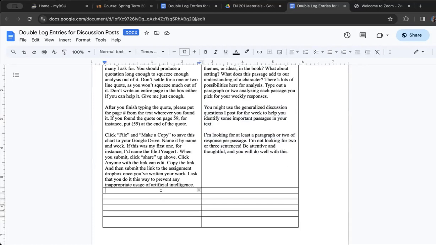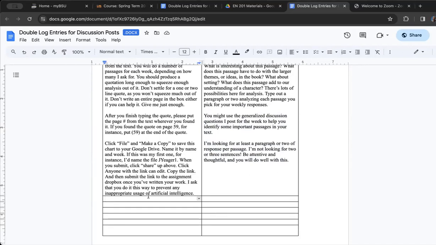So you'll do one passage from book 1, one from book 6, one from either 16 or 22, and one from 24. You'll take a passage on this side of the box and type it, and on this side you'll analyze it. Your second passage would be in the next box, your third in the next, your fourth in the next. Then you still have some boxes left over if you need them.